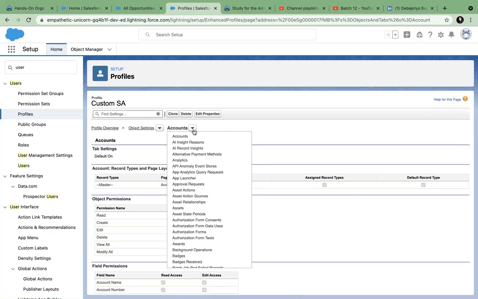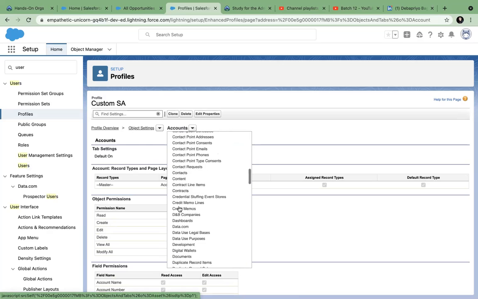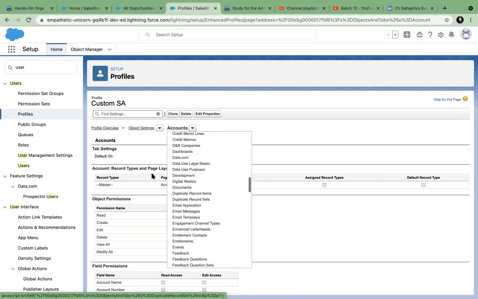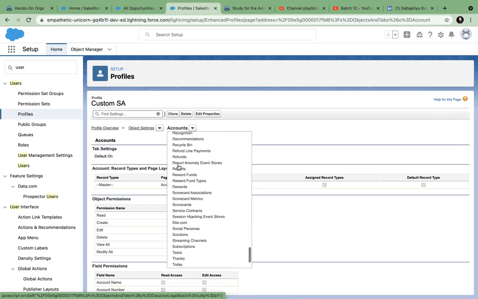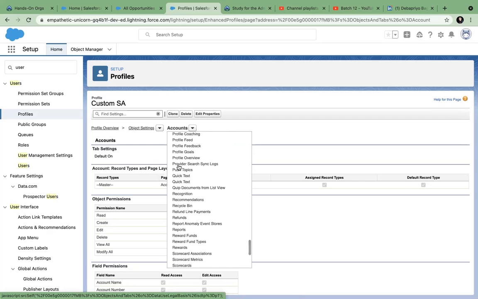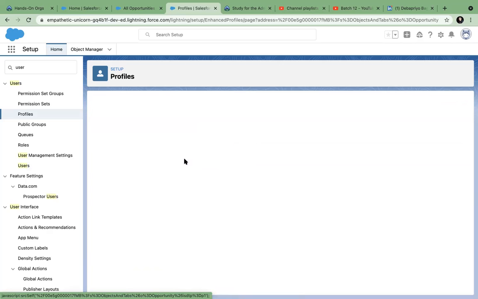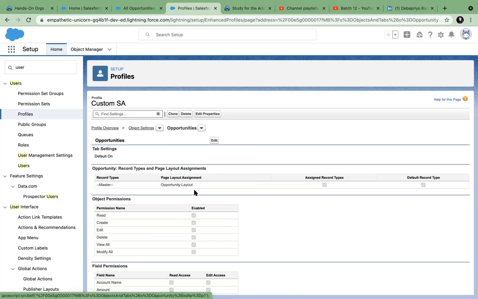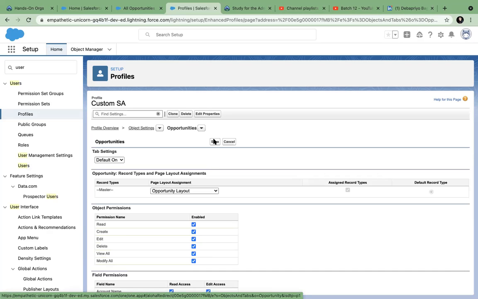Opportunity, yes. I will give default, modify all. I will take it out.